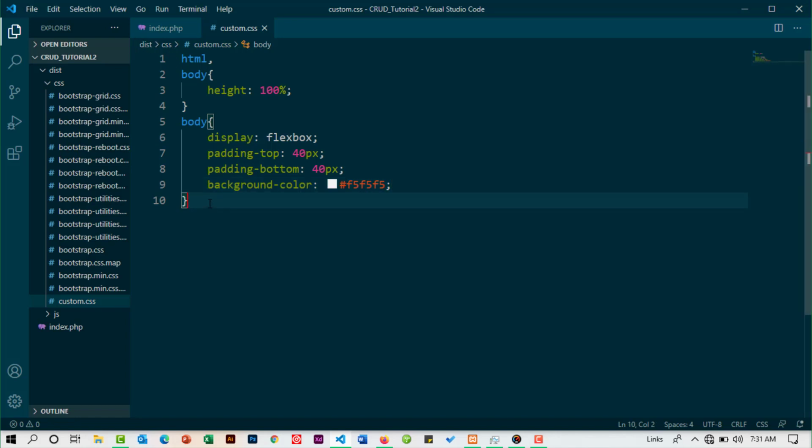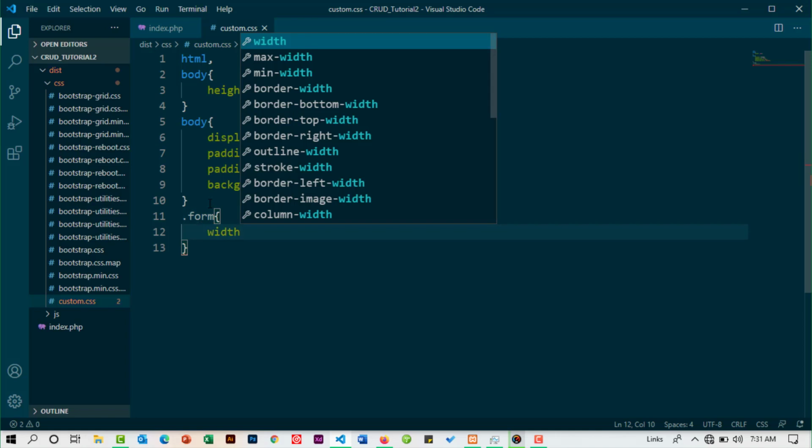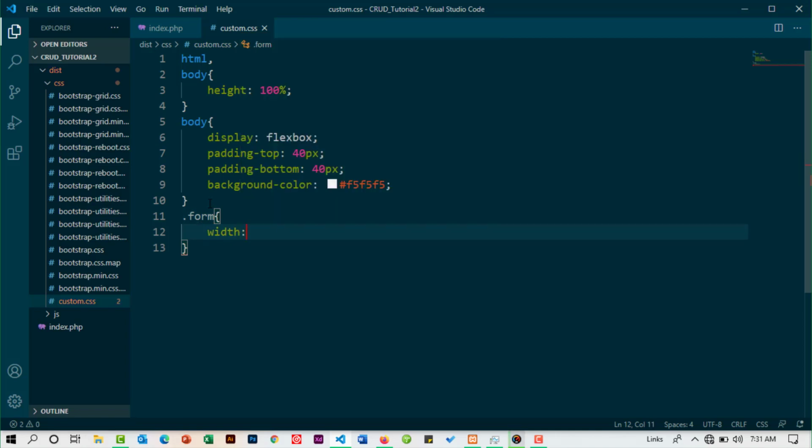Now finally I want to style my form. Remember, we have that div that has a class of form, so I'm going to style the form here. So I'll say dot form. Remember, the dot usually represents the class, so I say dot form, and now within the form I want to give my form a specific height. So for the height I'm going to give it 100% first,